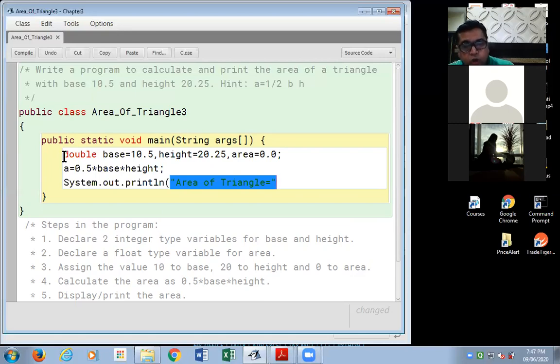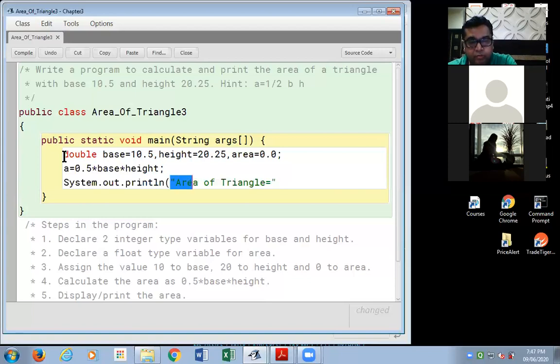Anika, your answer is not correct. Mehak, your answer is correct. It is a string literal. String, and why literal? Because it is a value. It's not a variable. It's a value. So the answer to my question was, it is a string literal.